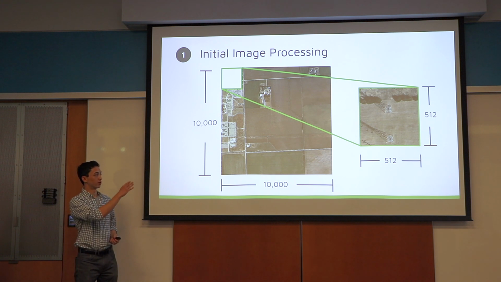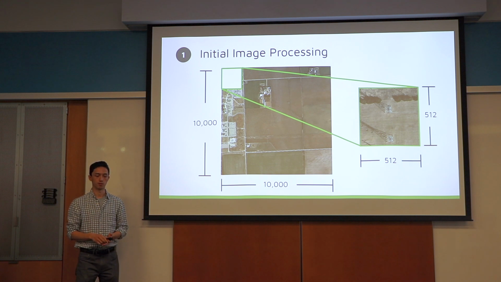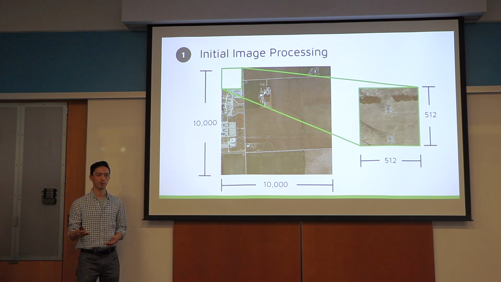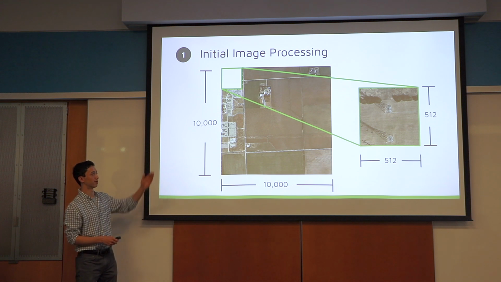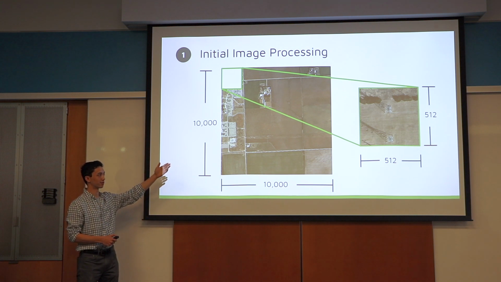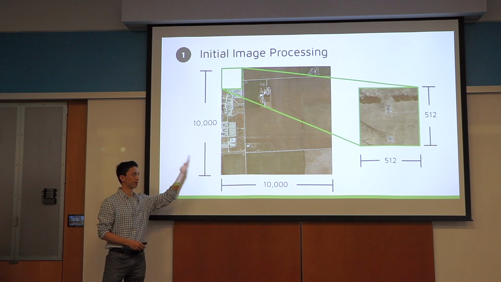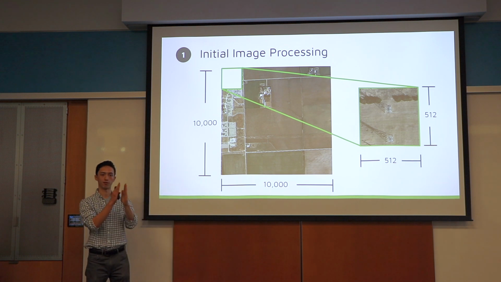The issue with that is that when you're training deep learning models, you need to use a special piece of hardware known as a GPU, or a graphics processing unit, which is really optimized for a lot of different matrix operations that are the core operation needed by deep learning models. So in order to fit these images into the GPU, they have to not exceed the GPU's memory requirements. So we had to cut these large images into smaller patches over here on the right, which are 512 by 512 pixels. And one other thing, we did overlap the patches slightly when we were slicing up this image to try to prevent things from being cut off on the edges of the patches.